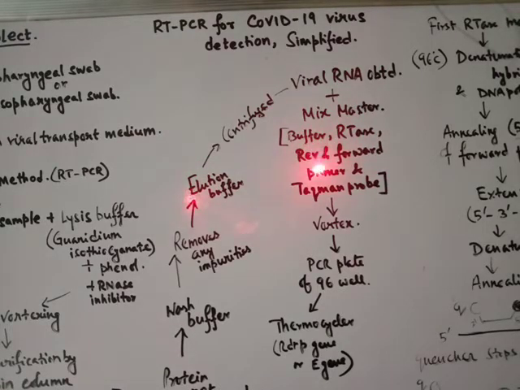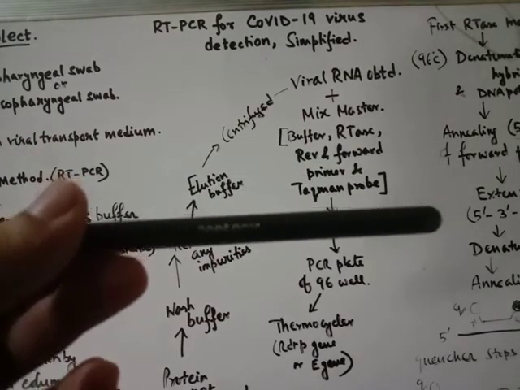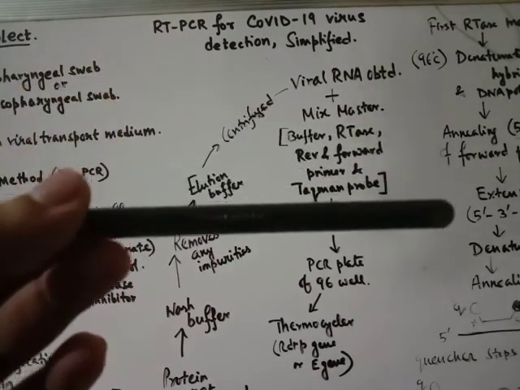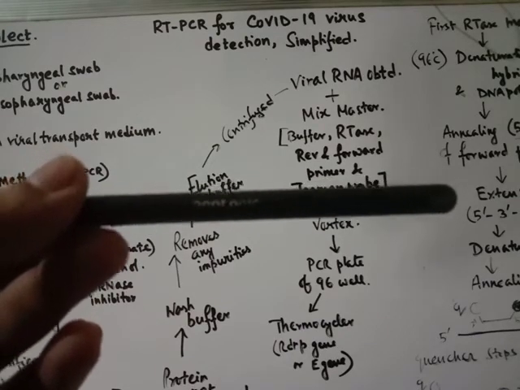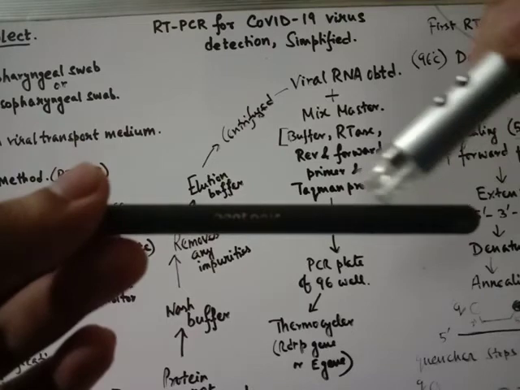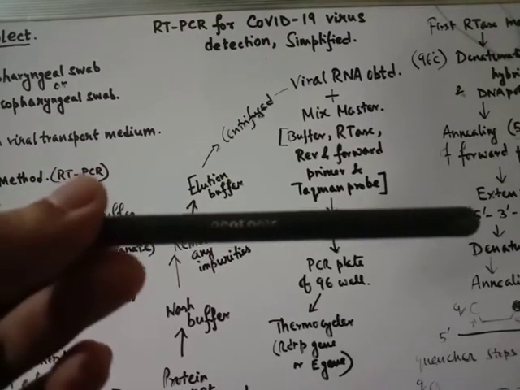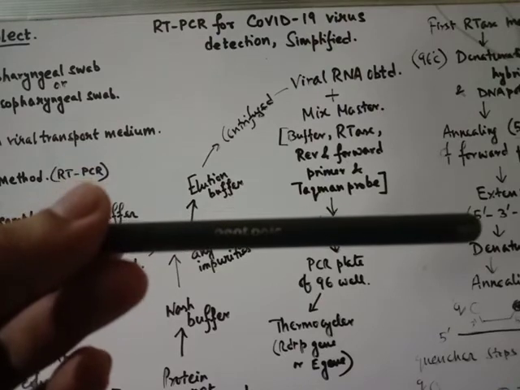We have reverse and forward primers for the amplification of RNA, because PCR means polymerase chain reaction, and it's a method of amplification where we double the initial number of genomes present in our sample tube. So with the help of the reverse and forward primers, let me show you. Suppose this is a single-stranded DNA. It will have a primer sitting on this part, and this primer will then be extended by the DNA polymerase.